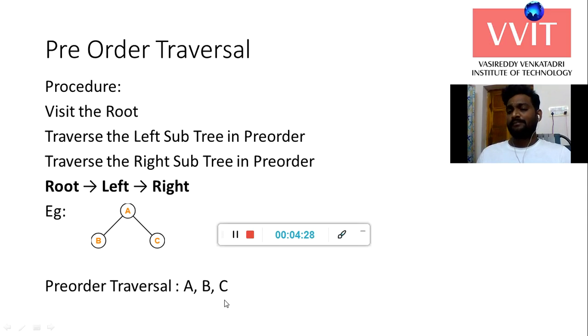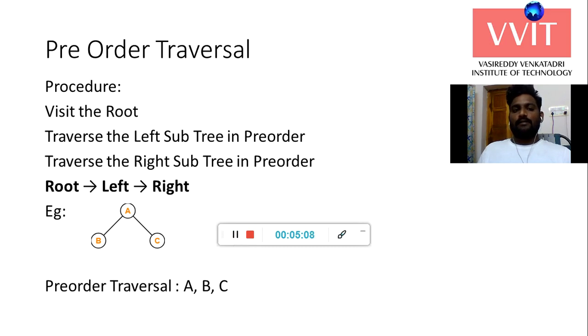Simply, traversal means visiting each node exactly once in a given tree. Generally, the traversal techniques are categorized into three types: pre-order traversal, post-order traversal, and in-order traversal. In pre-order traversal, how to visit each node exactly once? First, visit the root node of the tree, then traverse the left subtree of the root node, and finally traverse the right subtree of the root node. This is called pre-order traversal. Next,